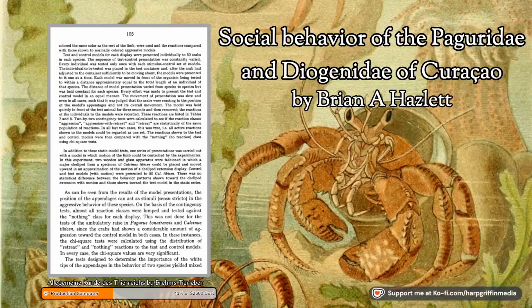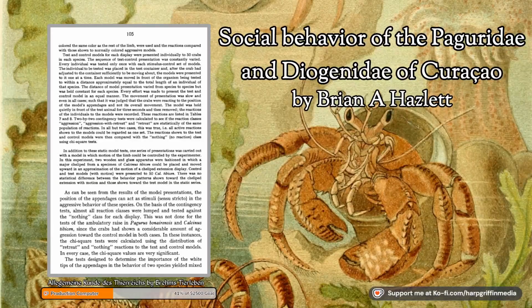In addition to these static model tests, one series of presentations was carried out with a model in which motion of the limbs could be controlled by the experimenter. In this experiment, 2 wooden and glass apparatus were fashioned in which a major cheliped from a specimen of Calcinus tibicen could be placed and moved upward in an approximation of the motion of a cheliped extension display. Control and test models with motion were presented to 50